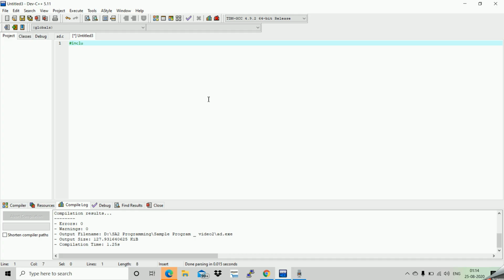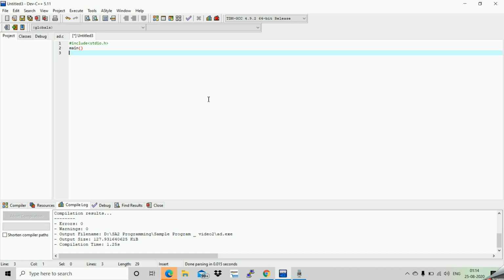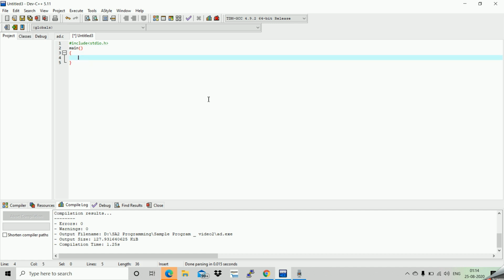Now let's see what is character data type. Let's write a simple program to print a character onto the console. Even for this we need to include stdio.h because we are using the printf function which is present in stdio.h. So we will declare the main function. From here the execution of the program will start.